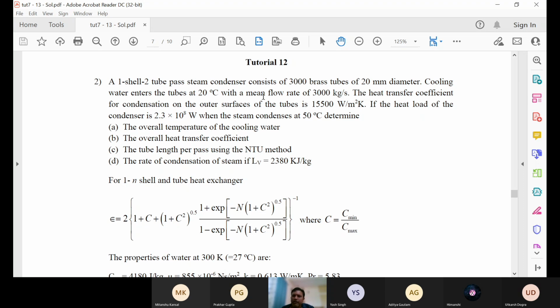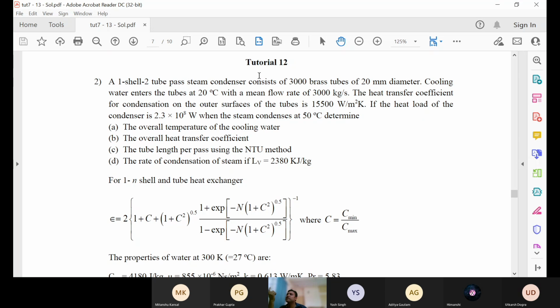Okay, with a mean flow rate of 3000 kg per second. The heat transfer coefficient for the condensation on the outer surface of the tubes, H naught, is given as 15,500 on the shell side. But the heat transfer coefficient inside the tube is not given, so that one has to be calculated